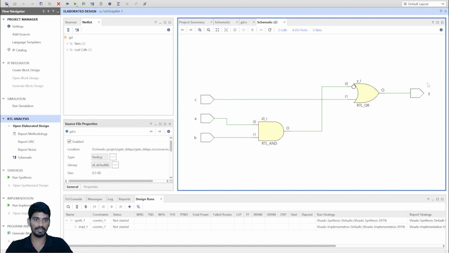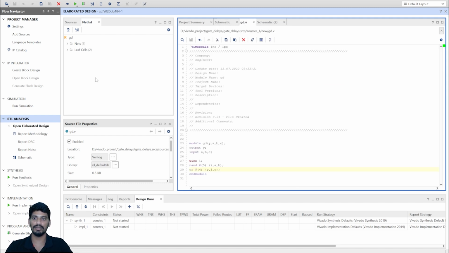So this is my output Y. It is coming from NAND AND plus OR. The inverter is here, NAND, and then it is going to an OR gate. But there is no information about delay here, but we have given the delay. It will take the delay into consideration. We will see that by adding a